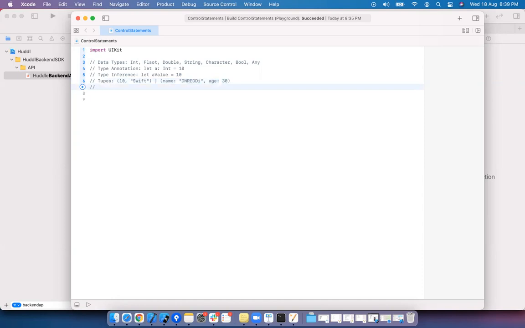And we have seen operators and string interpolation. String interpolation is the process of embedding values inside a string.